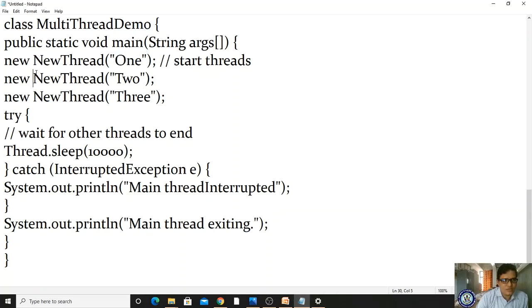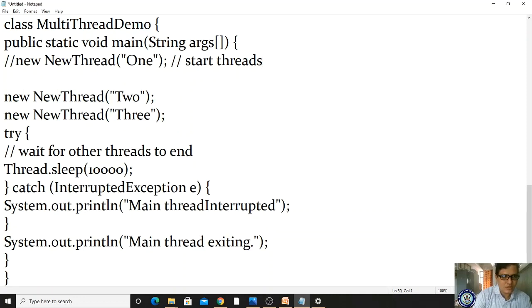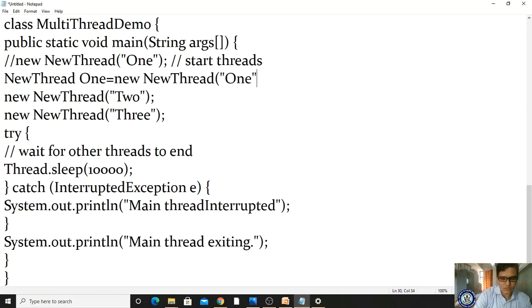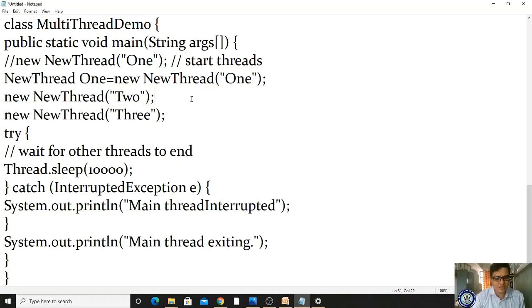Can you understand, right? So for the class NewThread, what is the object you have created? This can be written like this also. Okay, I will show it here. For the class NewThread, this is a class, right? NewThread t1 is equal to new NewThread, sorry, the N should be capital. At creation time you are supplying the value as 1. Okay, so likewise you are doing, that's all. Got it? So what does it mean? You are creating the same thing like this.